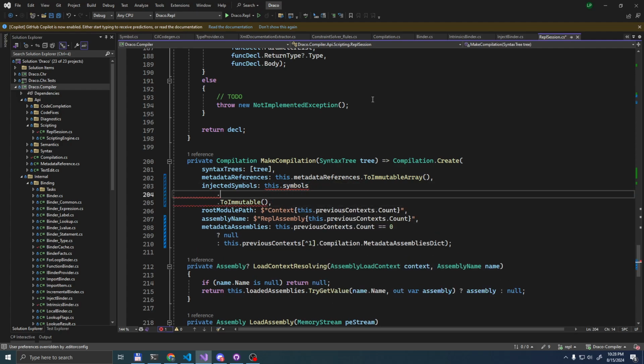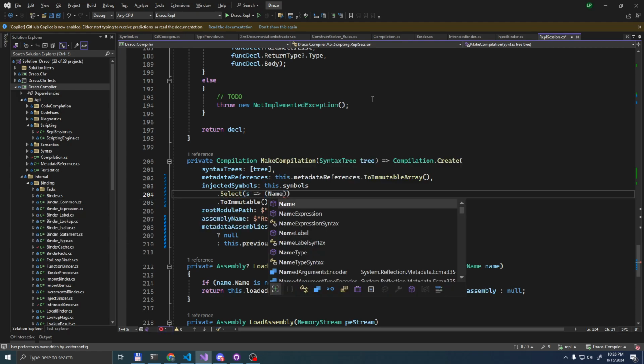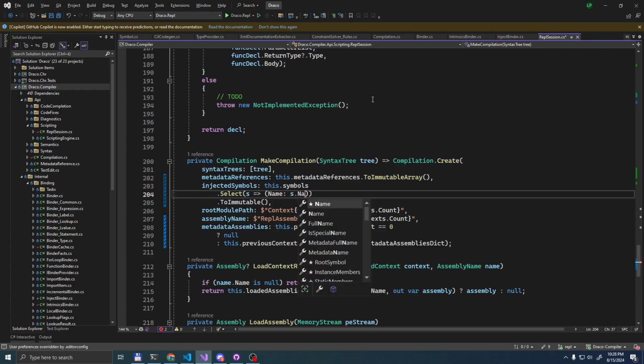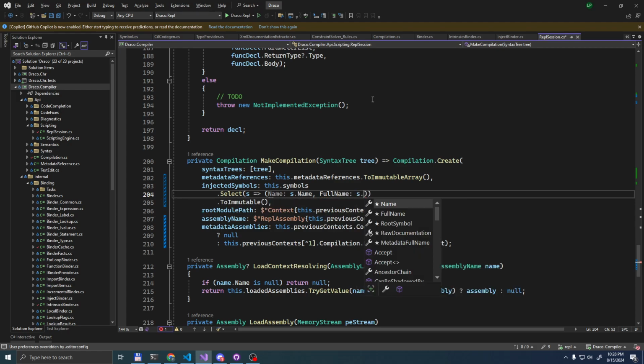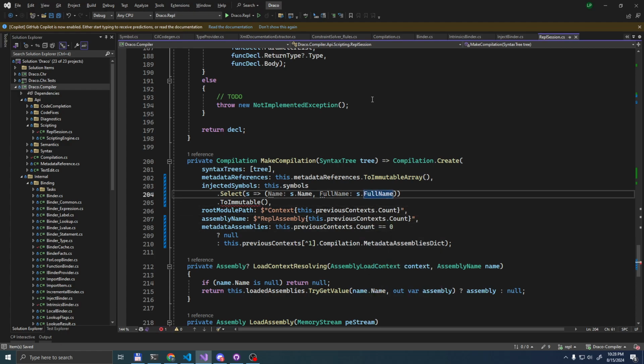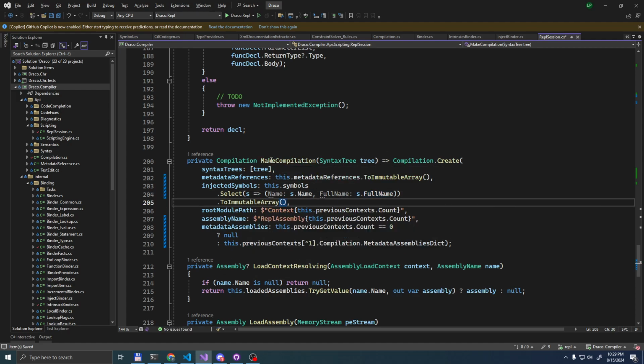We're going to .Select. And then the name can be as .Name. Simple. And full name is going to be as .FullName. Yeah, I believe that works. And we can do ToImmutableArray.